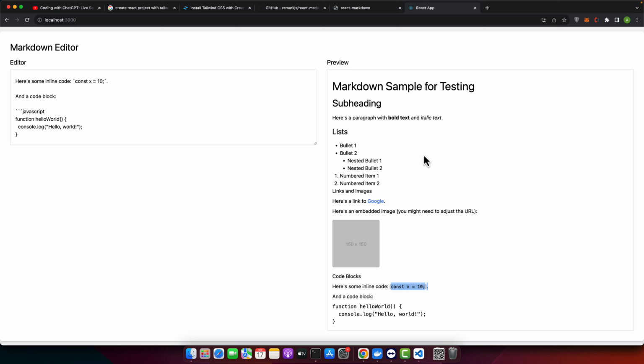We have come to end of this experimental coding session, and look what we have achieved. A fully functional Markdown editor built with React and Tailwind CSS, and all under the guidance of ChatGPT. This was not a typical tutorial. It was more of a raw, uncensored look into the possibilities that lie at the intersection of AI and programming. I hope you found this session as exciting as I did, and hopefully it has given you some ideas